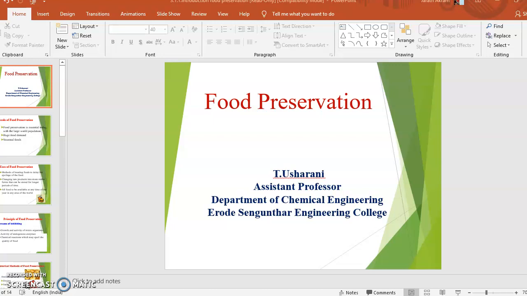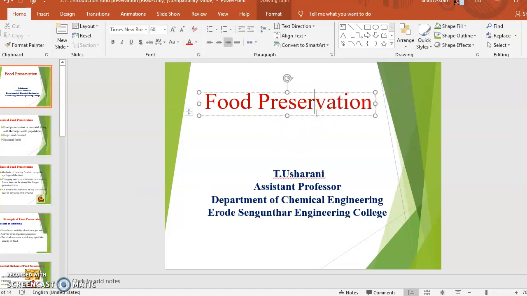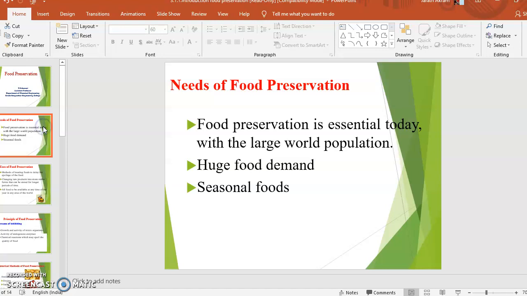I am going to discuss food preservation. Food preservation is essential today because it satisfies world food needs every year. The world population is growing enormously. India is the second largest populated country in the world. So to meet the huge food demand, food preservation is needed because most of the food cultivated in